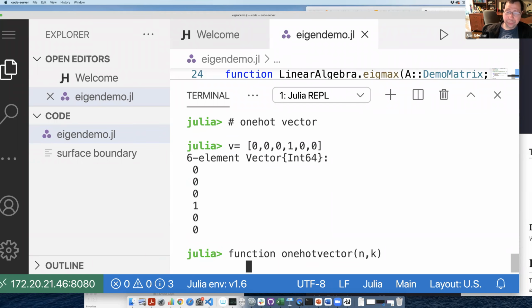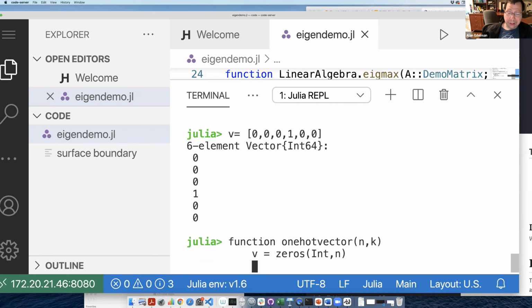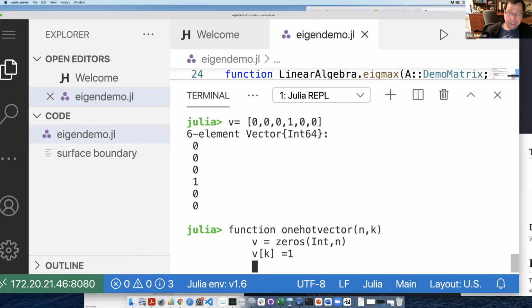I'm not quite sure how I want to do this, but just to be easy, I'll create a vector of zeros of length n. And then I'll just go v of k equals 1, end.